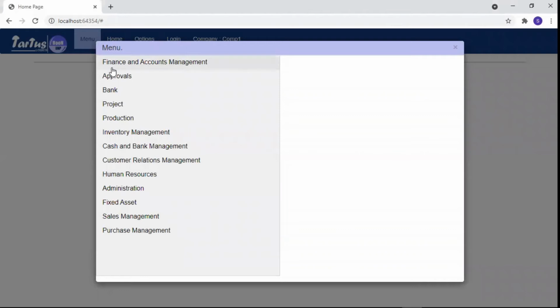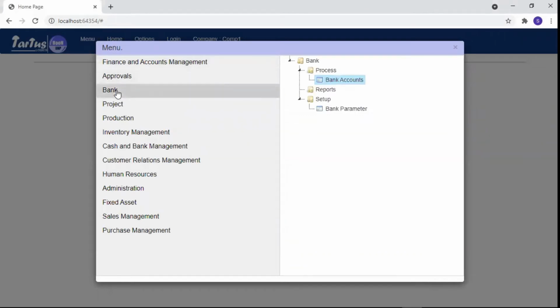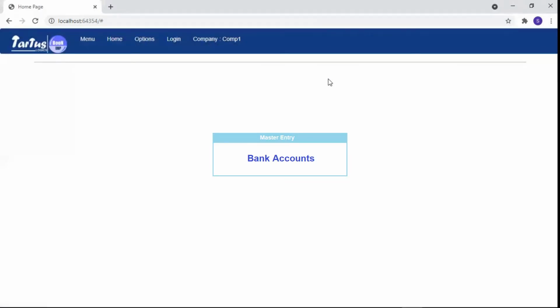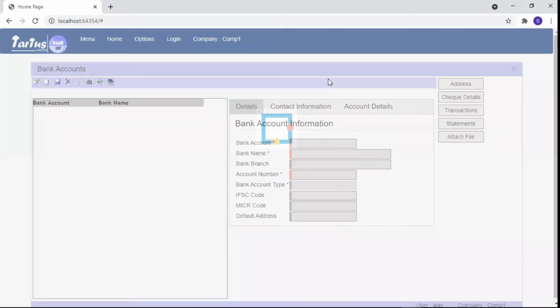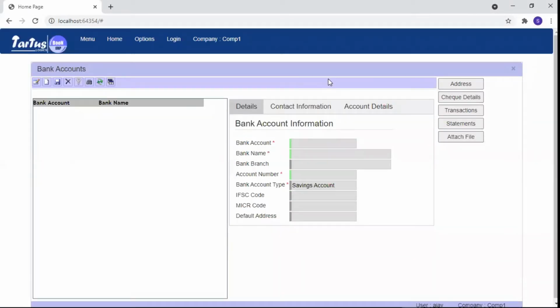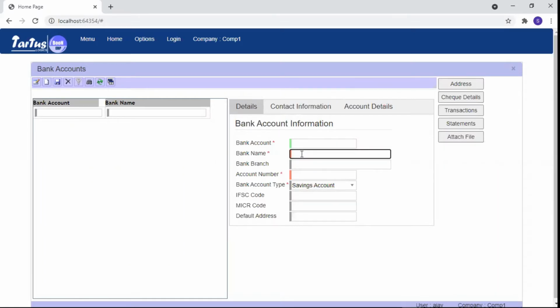Now we will navigate to menu, bank, processes, bank accounts. Click new button and enter information related to company's bank accounts here.